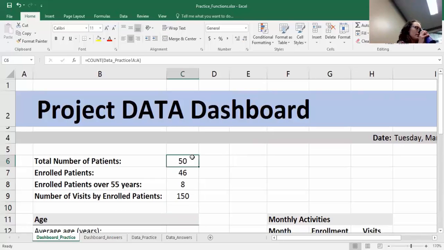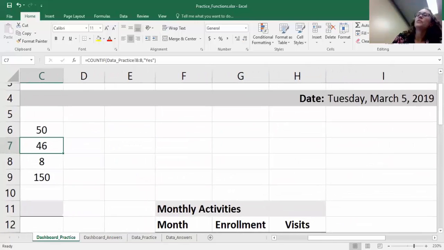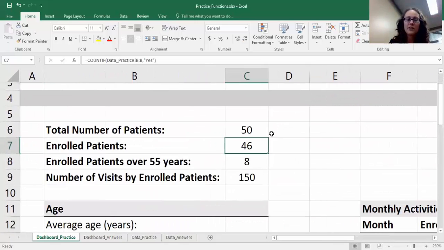Can you show the COUNTIF function? Yeah. So the COUNTIF function is what we used for the number of enrolled patients. So here I'll zoom in. It's not really zooming in this part. So I'm going to